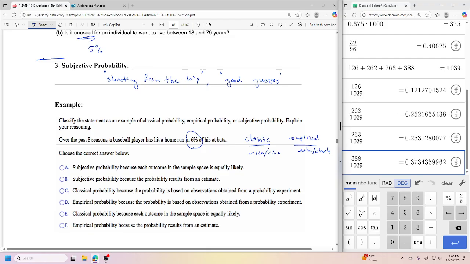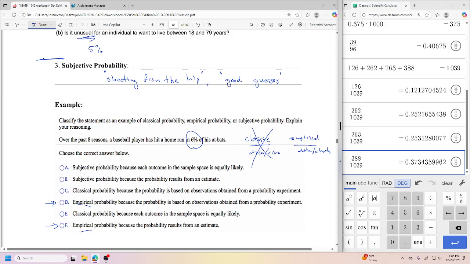Would this be classical, like coins and dice? No, that doesn't make sense. Yeah, it would be empirical. So basically, we got these two guys here. So definitely empirical, because it's data, based off observations obtained from an experiment versus the results of an